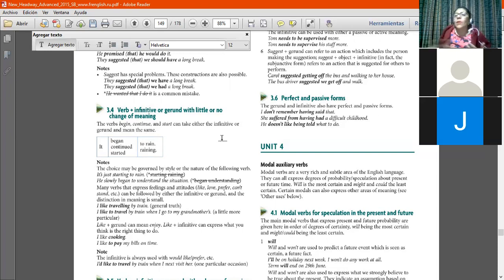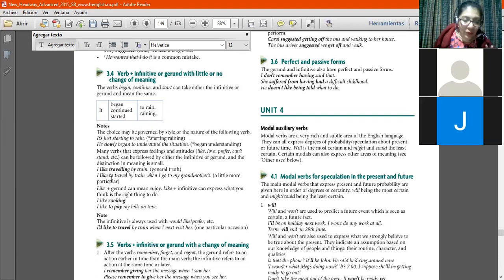Okay, ahí está la cuestión. ¿Cuál voy a utilizar? ¿Con el infinitive o voy a utilizar con el gerund? ¿Hay alguna diferencia? And that's something that second learners have sometimes confusion. So it says, it began to rain. It continued raining. It started to rain. Todo esto, it means the same with to rain or rain. Yeah, with those main verbs, begin, continue, and start. Sorry. Note. Entonces, this is what is important.